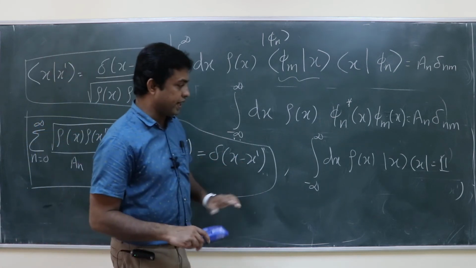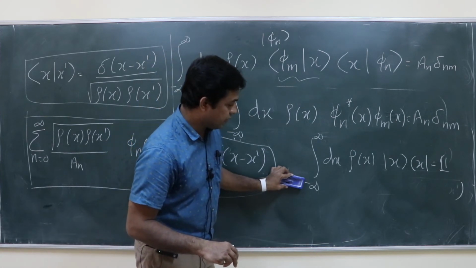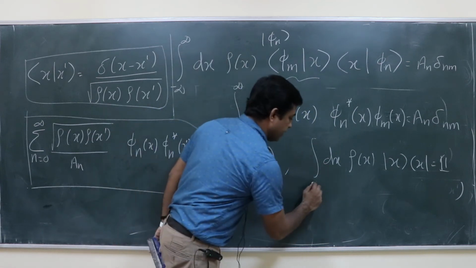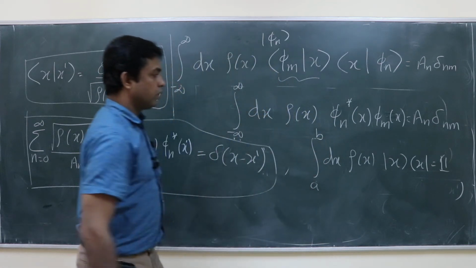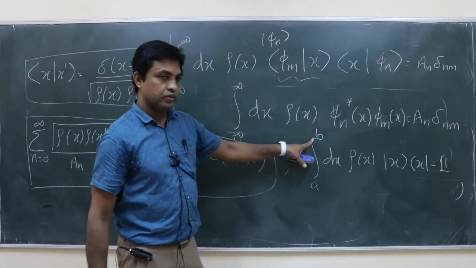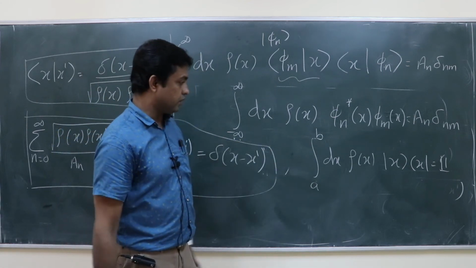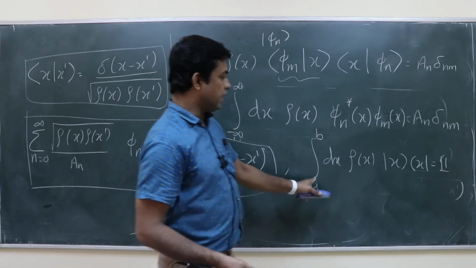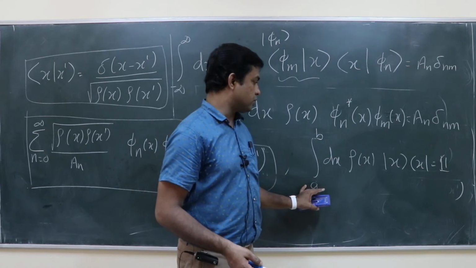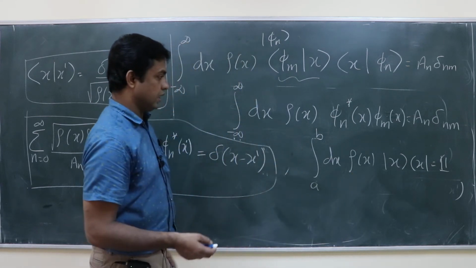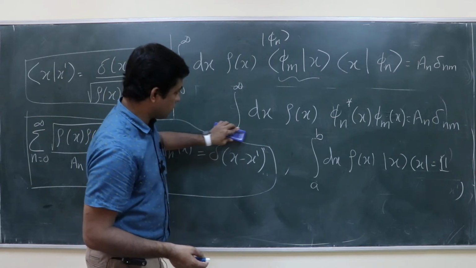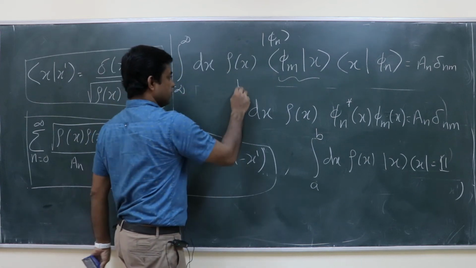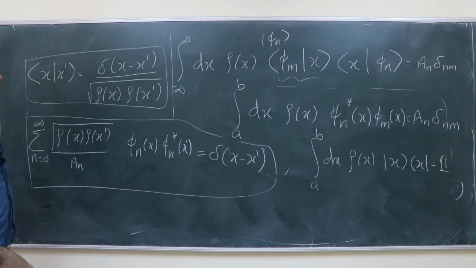Here I can actually make it more general. Instead of minus infinity to infinity, I can think about any interval a to b. It need not be an infinite interval. In that space you have this relation, so the orthogonality relation also becomes an integral over some interval a to b. The remaining relations are the same.